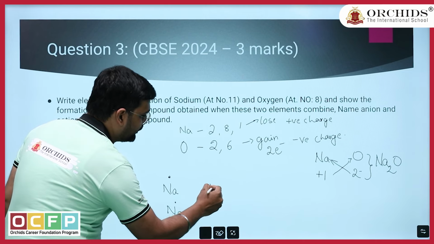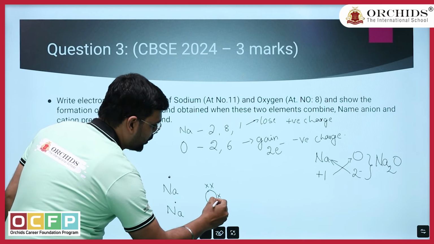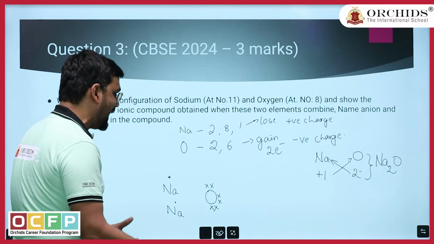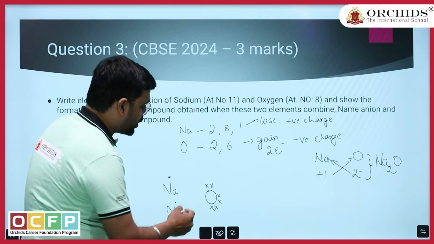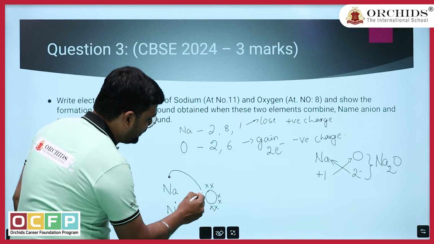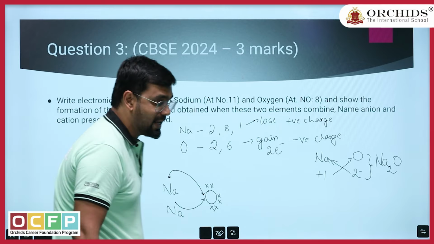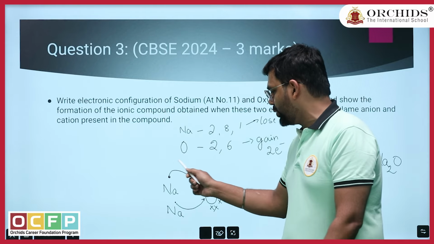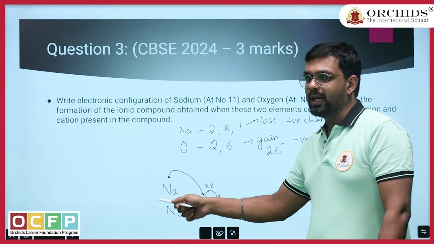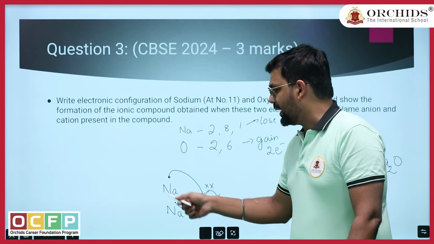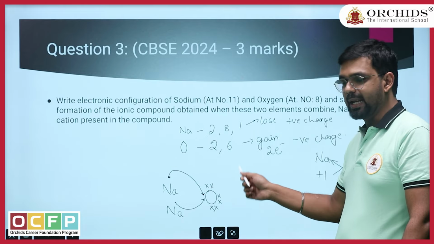There are only 6 here. So there are 2 vacant spaces which it can gain electrons in. So where do those 2 electrons come from? Those 2 electrons come from sodium. So please do remember, even in the examination, you are supposed to show this transfer of electrons. Basically, ionic compounds are nothing but transfer of electrons from a positively charged ion to a negatively charged